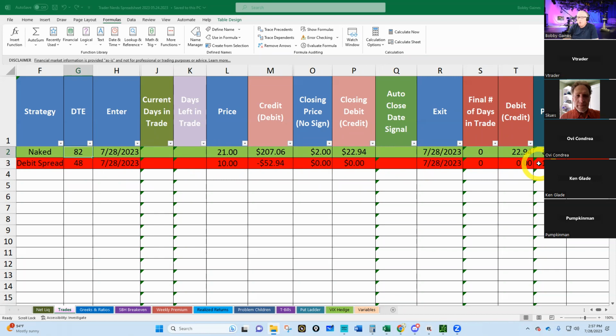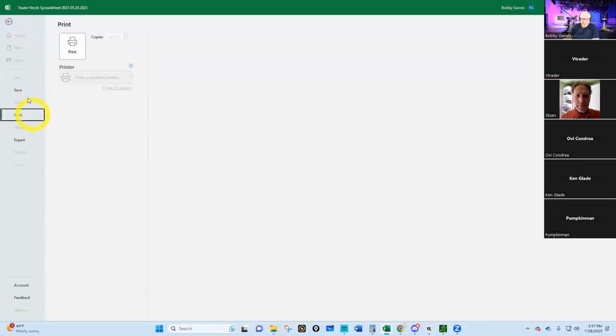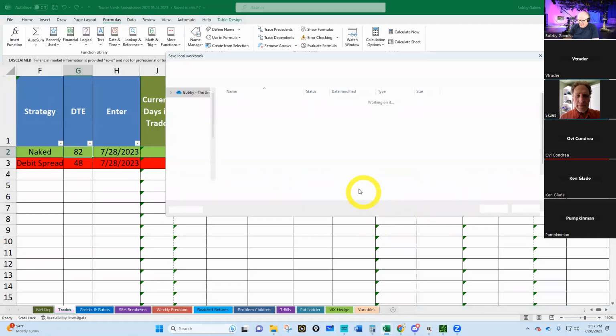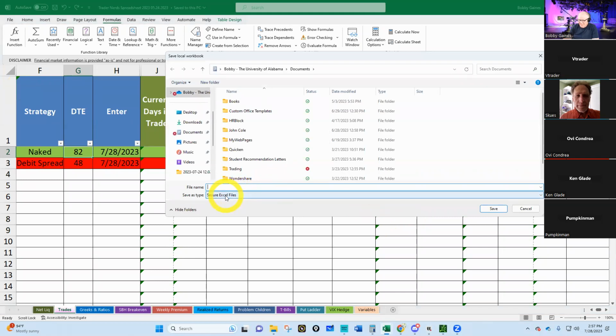Okay, great. Any other questions at all? When saving the sheet for the first time, is there a specific naming convention for file type that must be included? No, just do this. Go File, Save, and then type something in. I think it automatically gives you whatever you need to save it as. File, Save, and it saves it as an exe file, secure exe file. So I could save it as Sweet Bobby test.